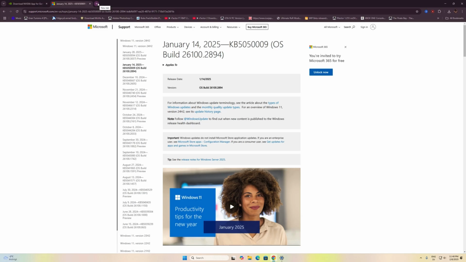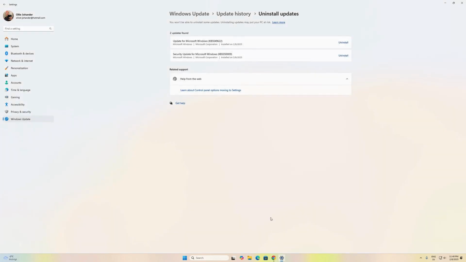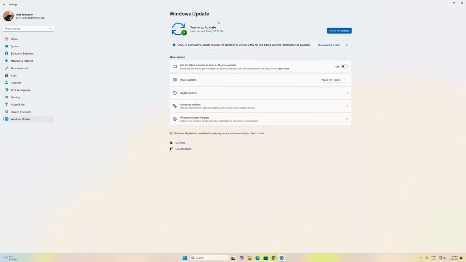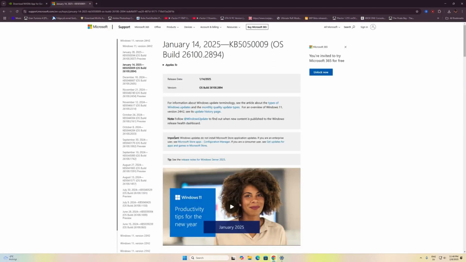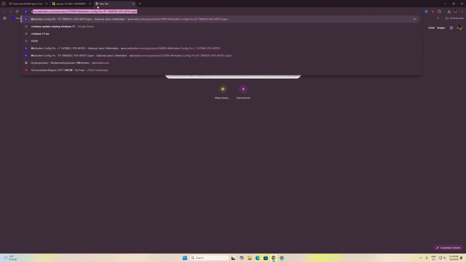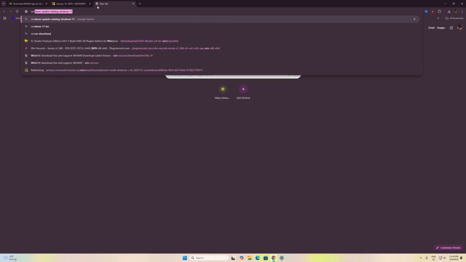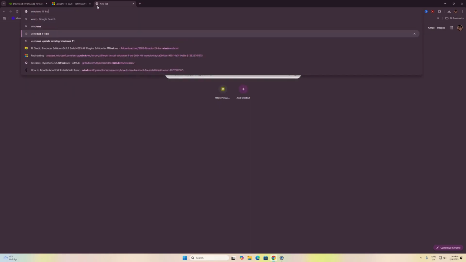if you're having problems downloading updates via this update screen right here, I have a solution which works for me at least. And you go to the interwebs and type in Windows 11 ISO,